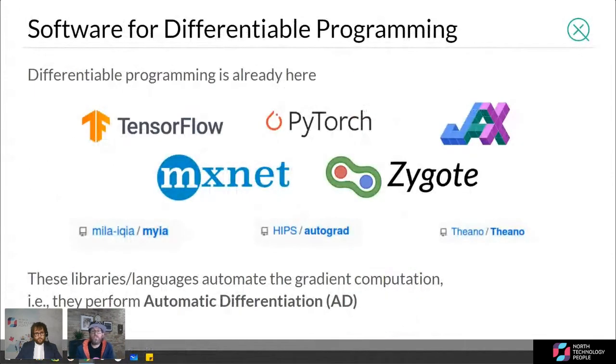So there currently exist several software libraries on the classical compute side for differentiable programming. This isn't a brand new concept. I mean, in the early days of TensorFlow, you couldn't use Python for and while loops or if statements, for example, but now most of these libraries let you mix Python code with mathematical operations. So they're approaching that differentiable programming paradigm. The key feature, of course, of these libraries is automatic differentiation, which means that the calculation of the gradients that you need to access in order to train and update your model is taken care of for you in a seamless and transparent way by this software toolkit.